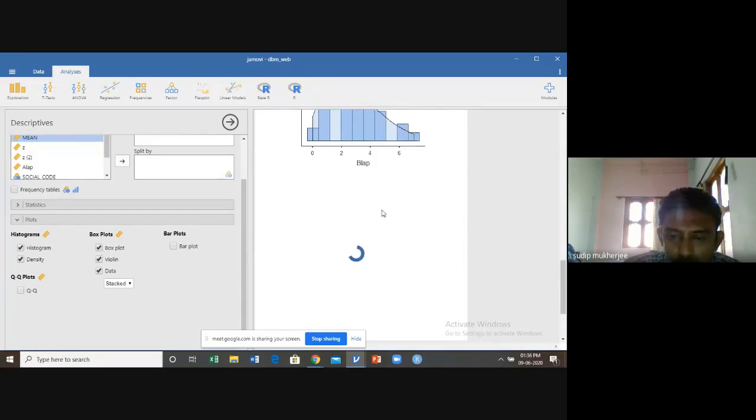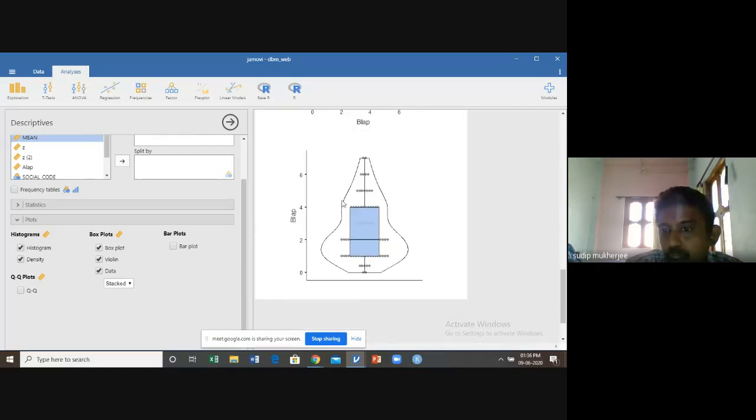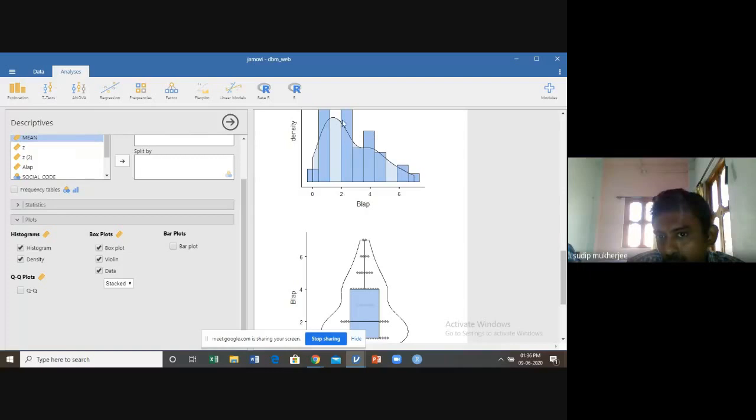Just see the box plot in this particular diagram. The median value is here, because 50% of the observations are less than this, and the observations above 50% have a greater tail of the curve.